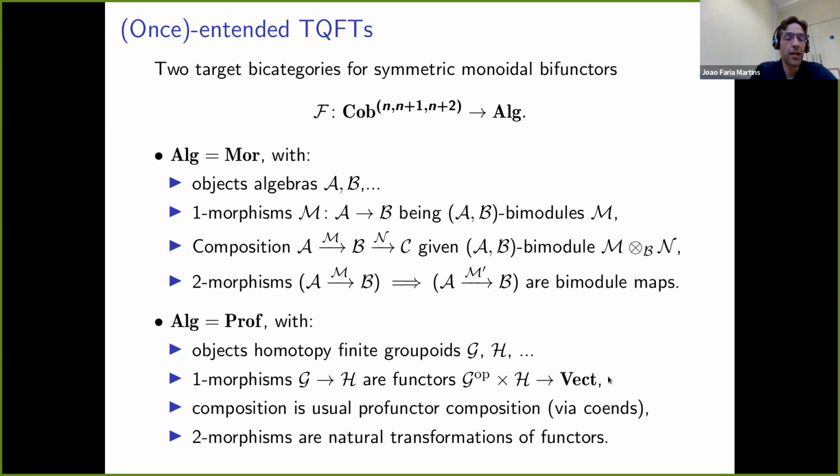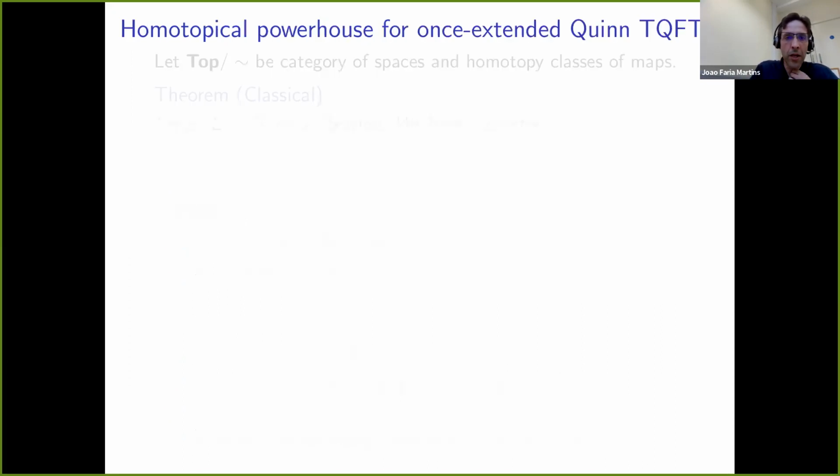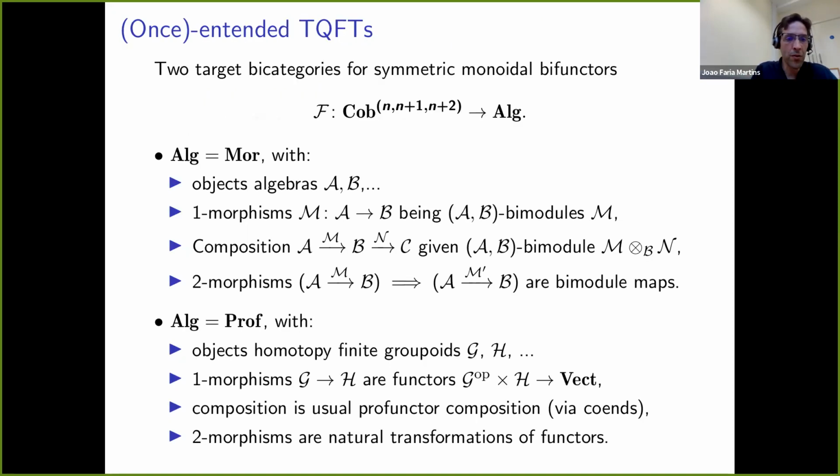So these are two very well established examples of symmetric monoidal bicategories, and I'd like to look at these as the main targets. And as you'll see later on today, very quickly, there's a linearization functor from Prof into Mor, which is sort of take the obvious linearization, check a few details, but it works properly. In fact, this is in our recent paper with Tim. Right, so I would like to consider an extended version of Quinn's finite total homotopy TQFT.